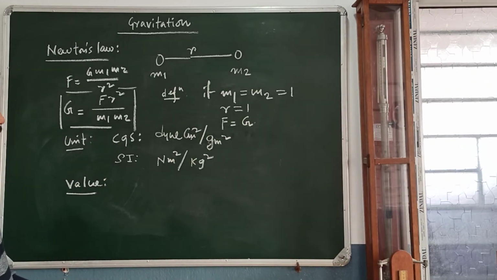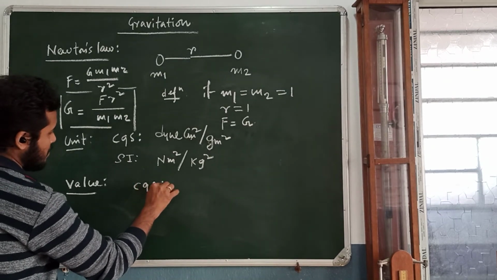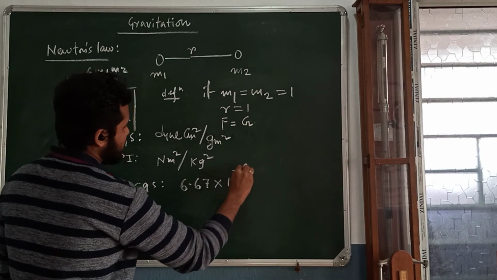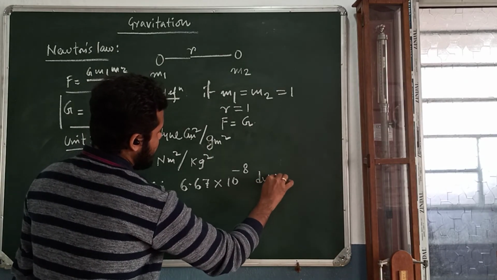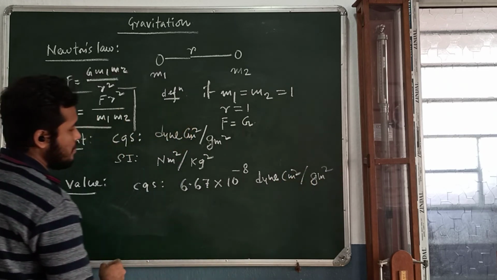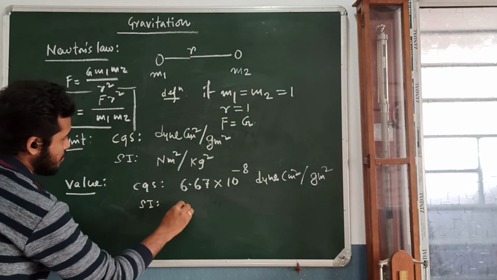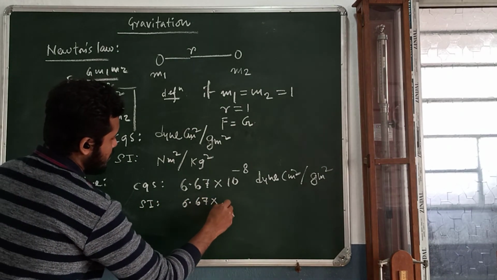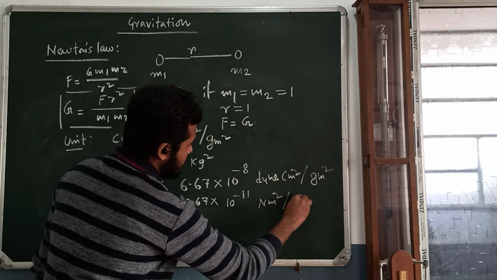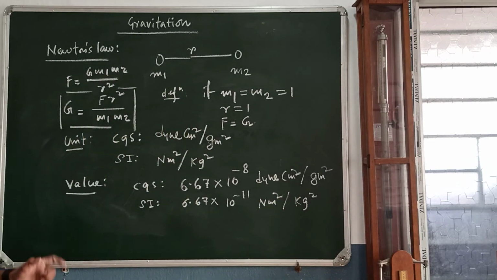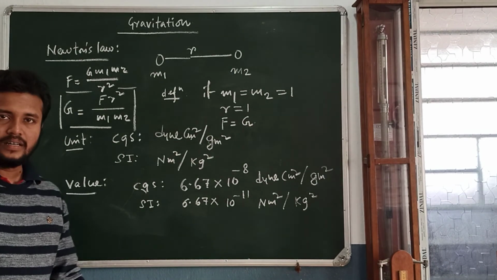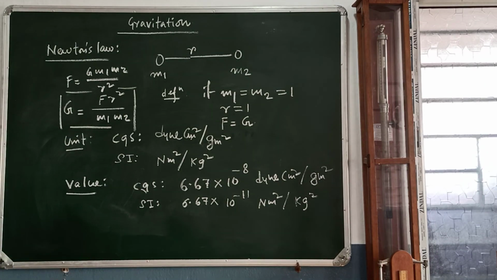So if I write down the value of it in the CGS system, the value will be 6.67 into 10 to the power minus 8 centimeter square by gram square, and in the SI system it will be 6.67 into 10 to the power minus 11 Newton meter square by kg square. So this is the value of the universal gravitational constant in the CGS system and also in the SI system. Okay, so if I see this expression, if I just follow